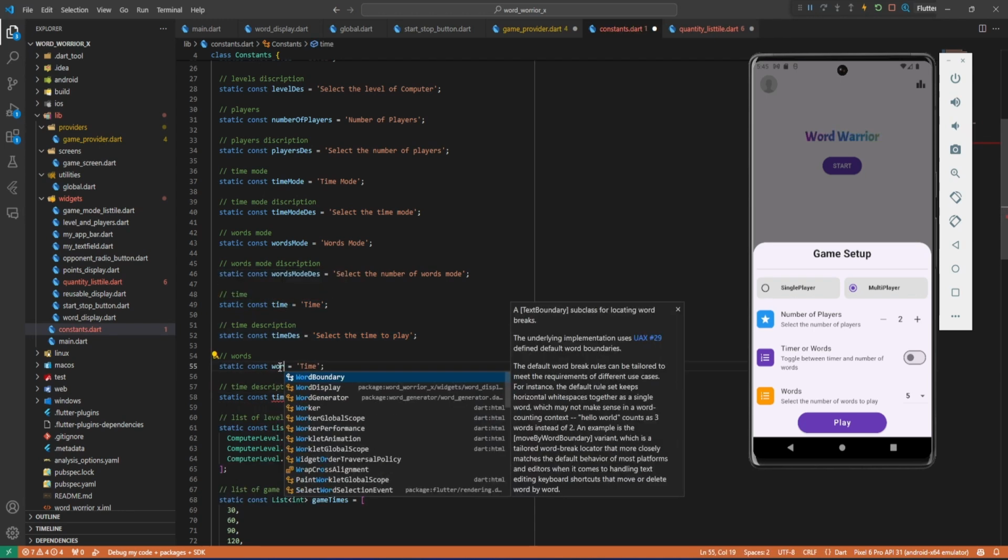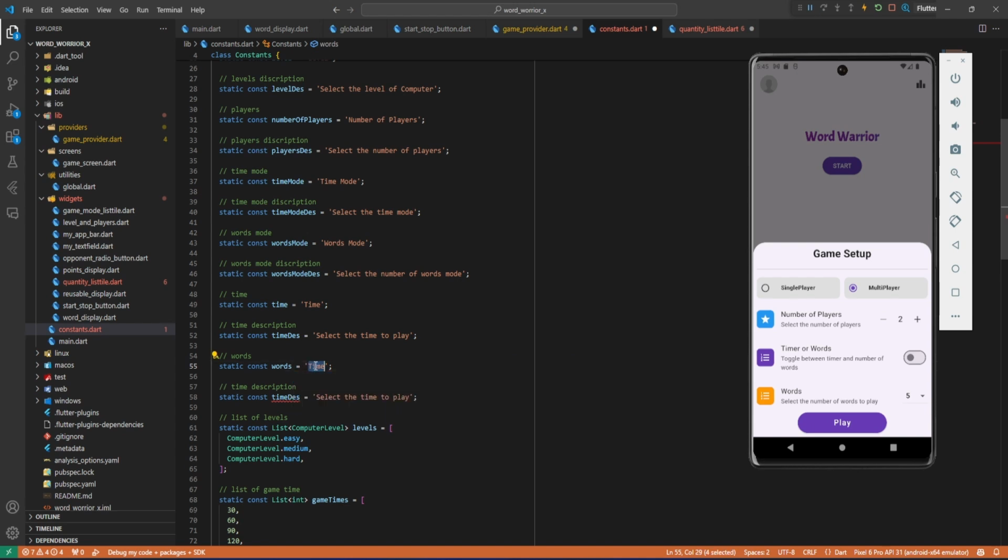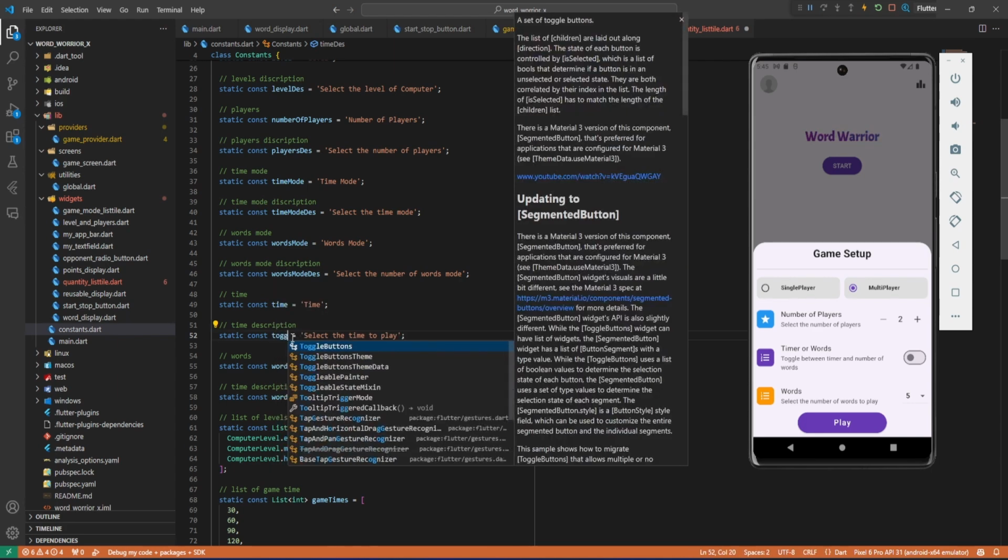Here we're just gonna say words. Then here we'll just say words. Then here we'll say words description, and then here, what we can do with the description, we can leave it, we can make one description. So for the time description, I'm just gonna say toggle